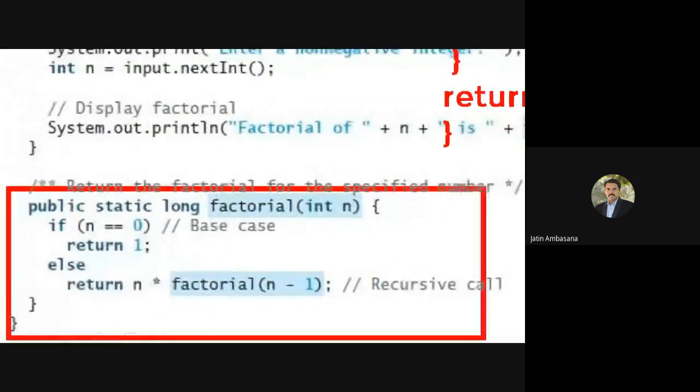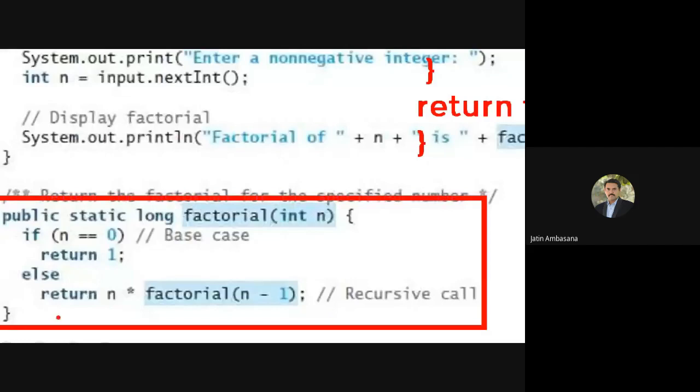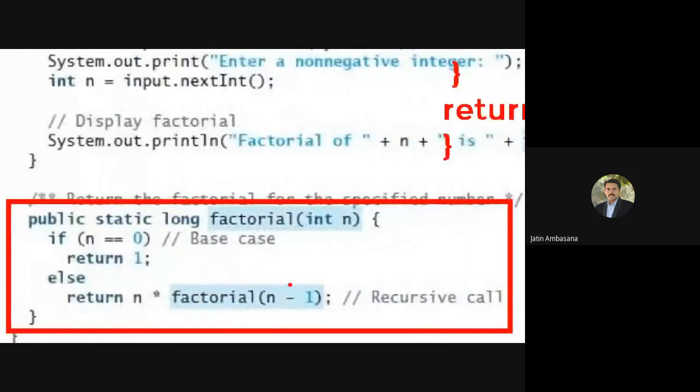This is a recursive factorial method. Why recursive? Because it calls itself. It's a factorial method which takes an int value and returns a long, and if n is equal to 0, if the number entered is 0, then we return 1.